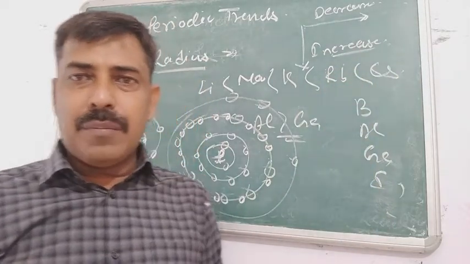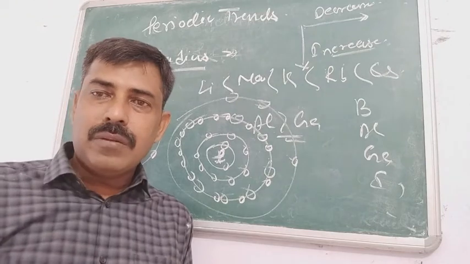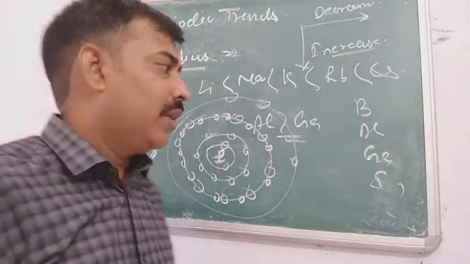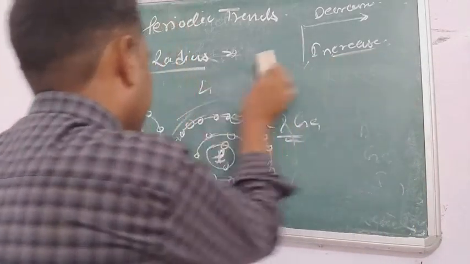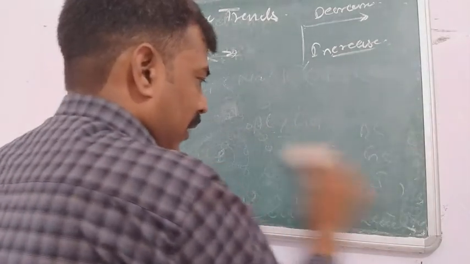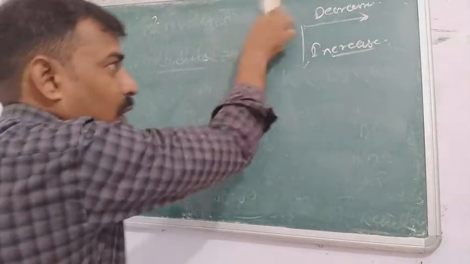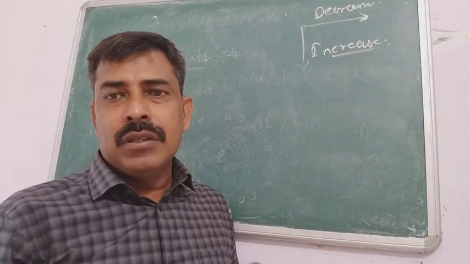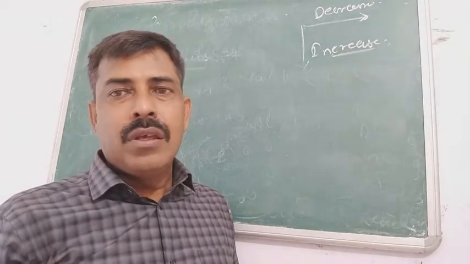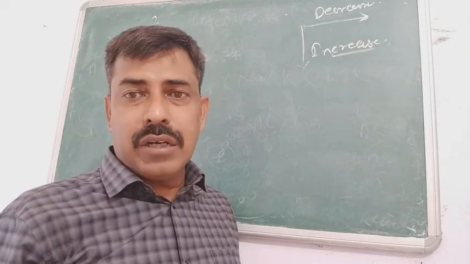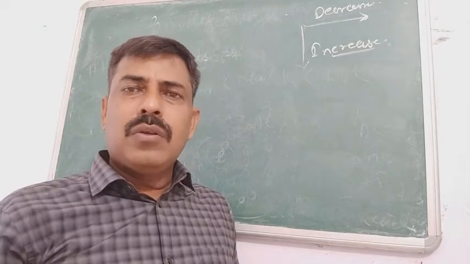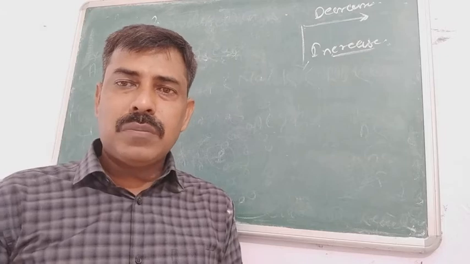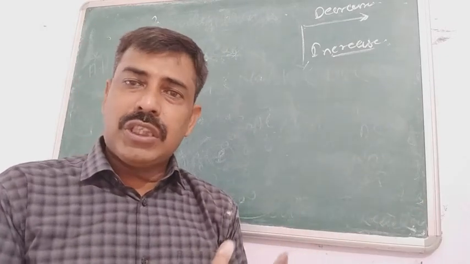We have discussed the atomic radius and how the trend varies. But when you discuss the atomic radius, we must know what types of radii there are. Because sometimes you get confused when someone asks which one has the greater size, whether it is sodium or neon or something like that. Because the trend says that when we move from left to right, the size decreases. According to that, you can say that neon has a smaller size than sodium. But sometimes you find that the value of the radius of neon is greater than the value of the radius of sodium. So I am trying to explain why these things are happening.